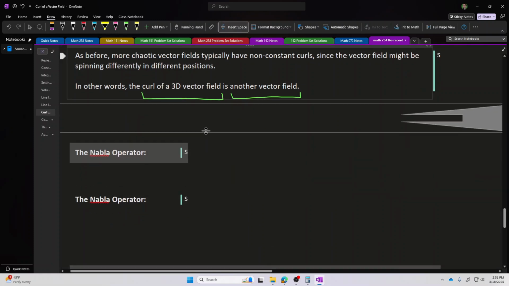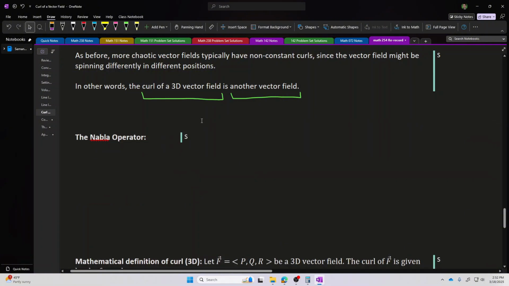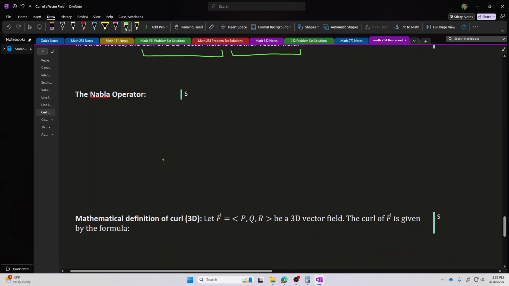Okay, so now that we have conceptually understood the curl, let's go ahead and write down the formula and the process that's used to calculate the curl of a three-dimensional vector field. And in order to give that formula in a compact way, I'm going to introduce some notation, which is sometimes called nabla or the nabla operator. The nabla is represented by this upside down triangle symbol that you encountered when you were studying the gradient vector back in the first part of the class.